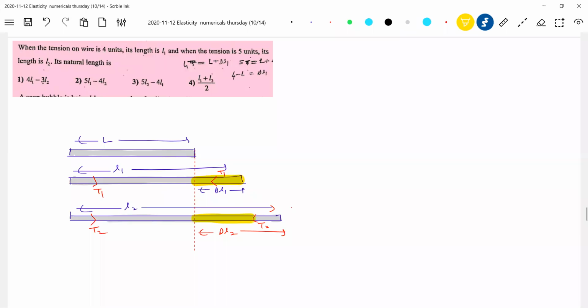We'll show this elongation like this. At least able to notice. Right? Definitions. So first, looking at the diagram, we know Young's modulus is equal to